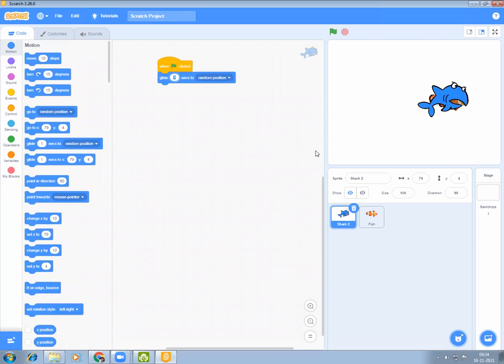Let's put 5 seconds. Random position not, we will put it fish. Let's see. When green flag is clicked, glide for 5 seconds to the fish.